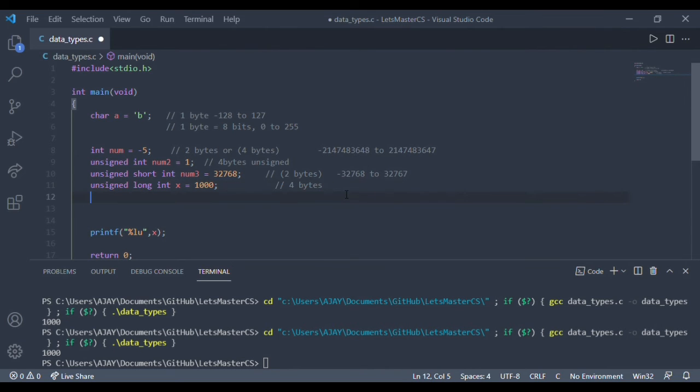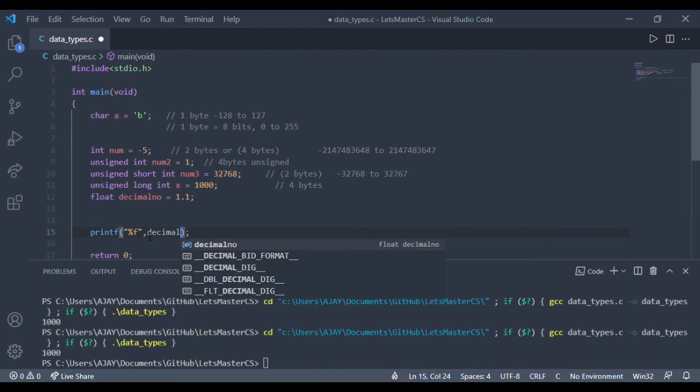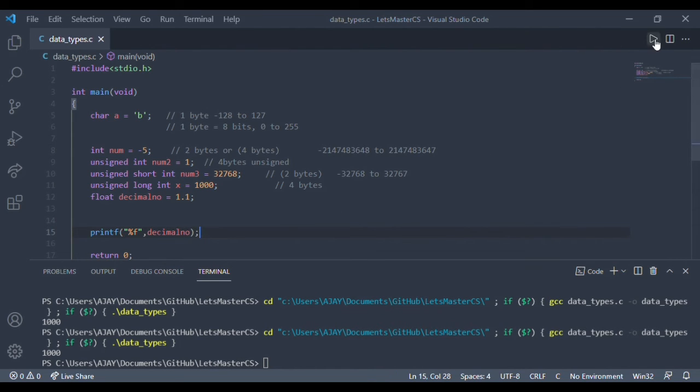Now let's create a floating type variable. Floating type variables can take fractions. Now let's print it. As you can see, the floating point value has been printed, 1.1 and then 5 zeros.